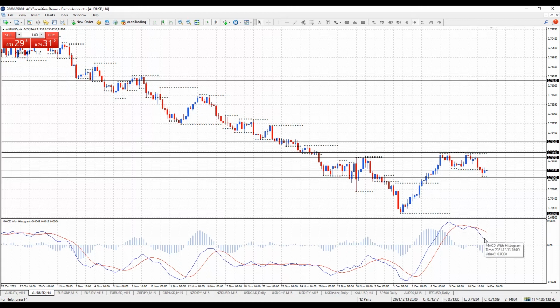MACD is quite clearly negative on the 4-hour chart, so I'm just looking for a rally. I could be putting in a fib across this range here, and then what I can see is that the 79% level is at 71.66, very close to 71.70. So it would be great if we had another rally back up to the 71.70 area. So I'm just going to get rid of that fib. But the 79% level at 71.66, that would be a good area to sell down from.